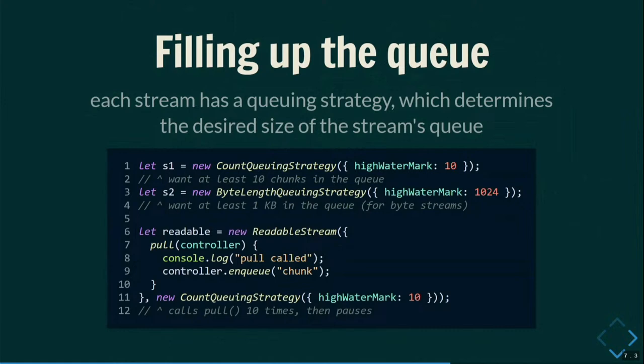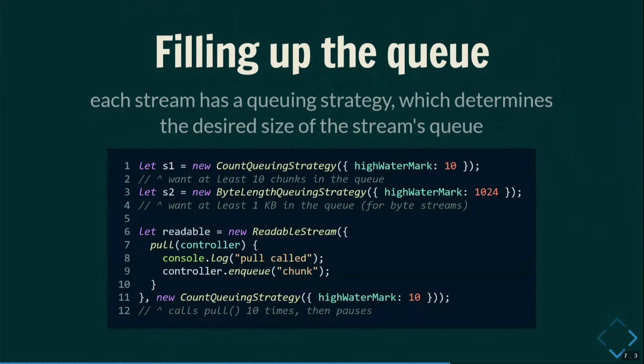So, for example, you might have a strategy that says, I want to keep around 10 items in the stream's queue, so that when a reader comes along and is not being very fast at reading, we try to fill up to 10 items, and then we stop requesting more items, so that a reader can easily get some items out quickly. But if they're no longer asking for them anymore, we just stop at 10, and then we wait until they actually start pulling things out of the queue.